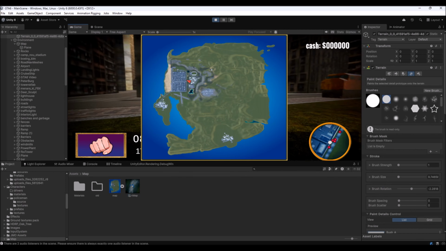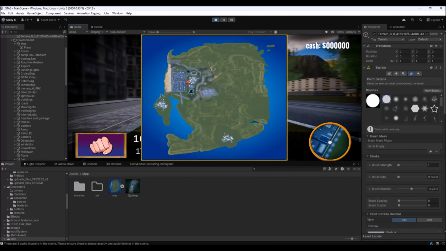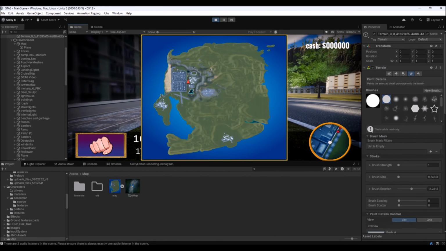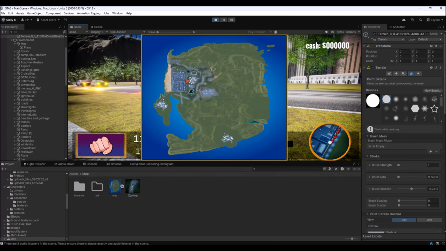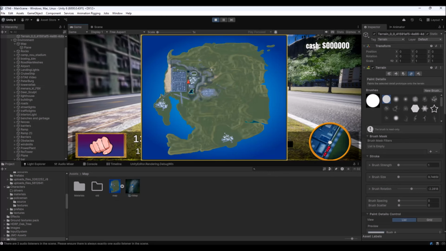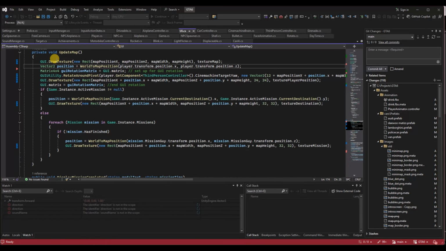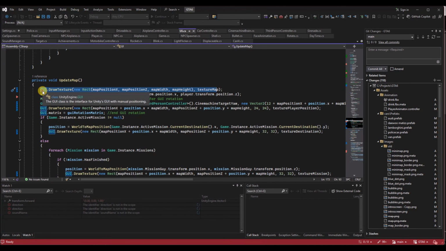The game also has this large map where you can see the whole map and the position of the player and the direction he is walking to. Because this is a stable map, not rotating, I use a different way to display that. You can see the code over here. We just draw the texture of the map to the screen, to the GUI, and then we translate the position of the player